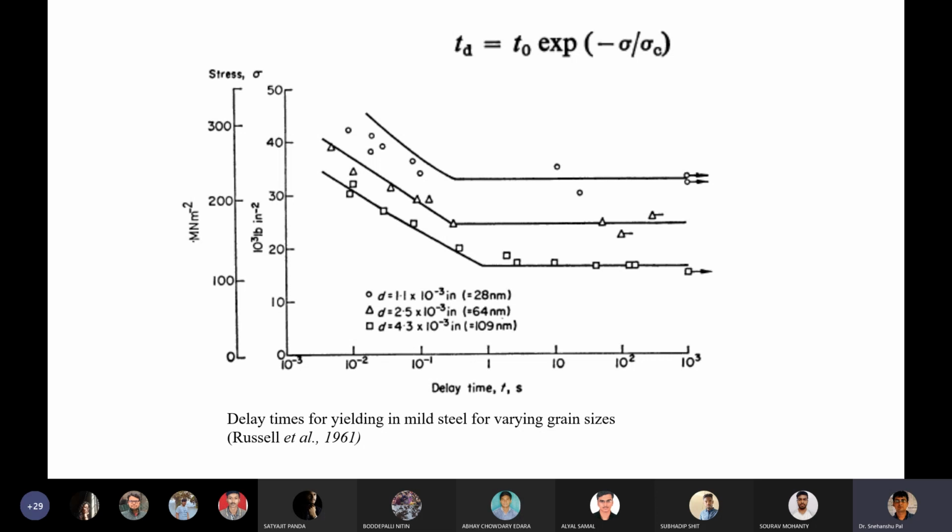Another way to explain is the delay times of a mild steel with varying grain size. If you look at the picture, these are the experimental studies carried out by Russell and his group. Here you can see the delay time, the initial yield stress sigma 0, and that particular yield stress. Then you can see in the x-axis the grain diameter. When the grain diameter is lower, that is, finer grain, you can see the